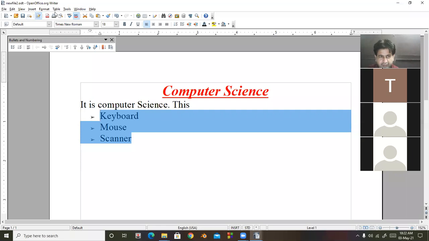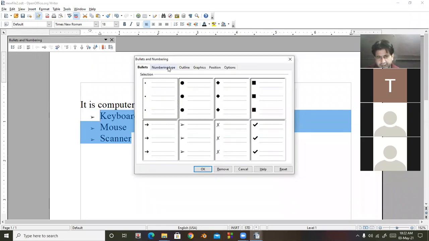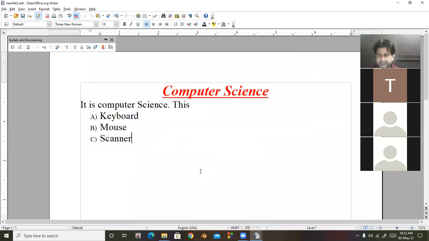Select your data, click on format, bullet and numbering. So here, if I want to apply numbering, there are different types. Look at here. So this is bullet and numbering.